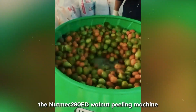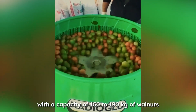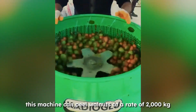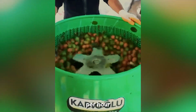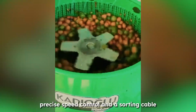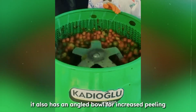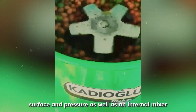Walnut Peeling Machine. With a capacity of 150 to 190 kilograms of walnuts, a peeling time of 2 to 8 minutes, and a power requirement of 380 volts, this machine can peel walnuts at a rate of 2,000 kilograms per hour. The machine is equipped with steel grinders, precise speed control, and a sorting cable for enhanced efficiency and productivity. It also has an angled bowl for increased peeling surface and pressure, as well as an internal mixer to facilitate